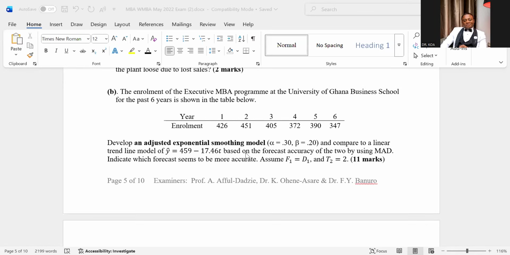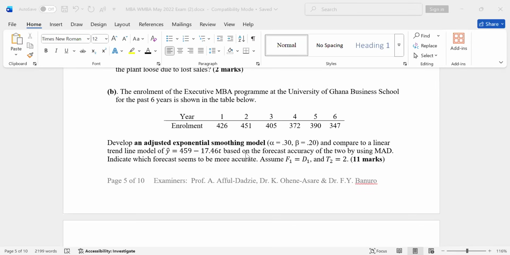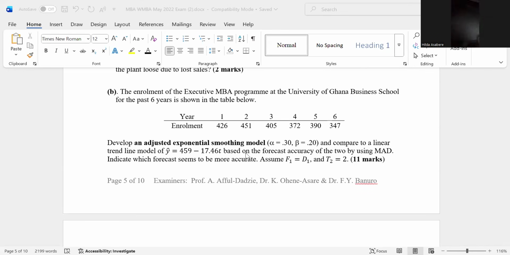Now the smoothing factor is the alpha. The beta is the smoothing factor for the trend. But the alpha is a smoothing factor for the level. That's where you learn, because if you have not mastered those ones, the smoothing factor for the trend and the smoothing factor for the level. So alpha is the smoothing factor for the levels. And then the beta is a smoothing factor for the trend.